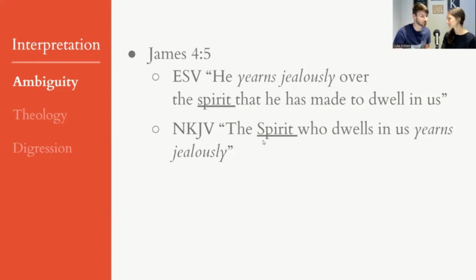The difference is in the Greek, the form of it can either be the subject or the object of the verb. Oh, so it's just ambiguous. It's just ambiguous, and you have to translate it somehow. So you pick one. Okay. ESV is convinced that it should be that way. The New King James is convinced it should be that way. Okay. Is that going to change your theology?